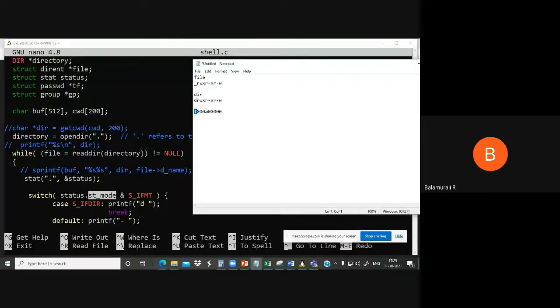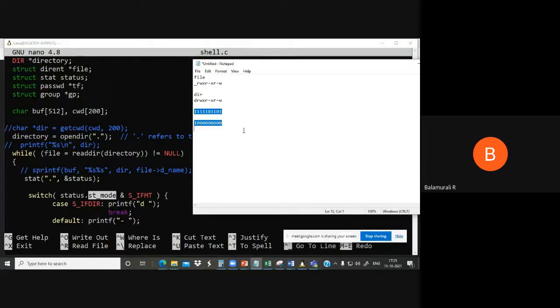Okay, so this st underscore mode represents the full info in binary format. If it is a directory, D will be 1. Read access is allowed, then 1. Execute is allowed, 1. Then for group, read is allowed, 1. For group, write is not allowed, 0. It will be like this, right? But we are bothered only about the directory currently. So we just perform AND of this.